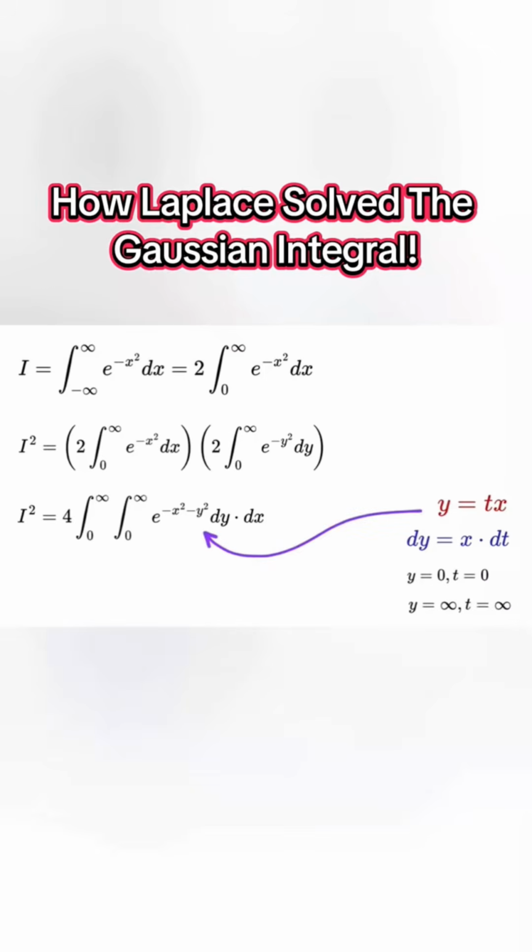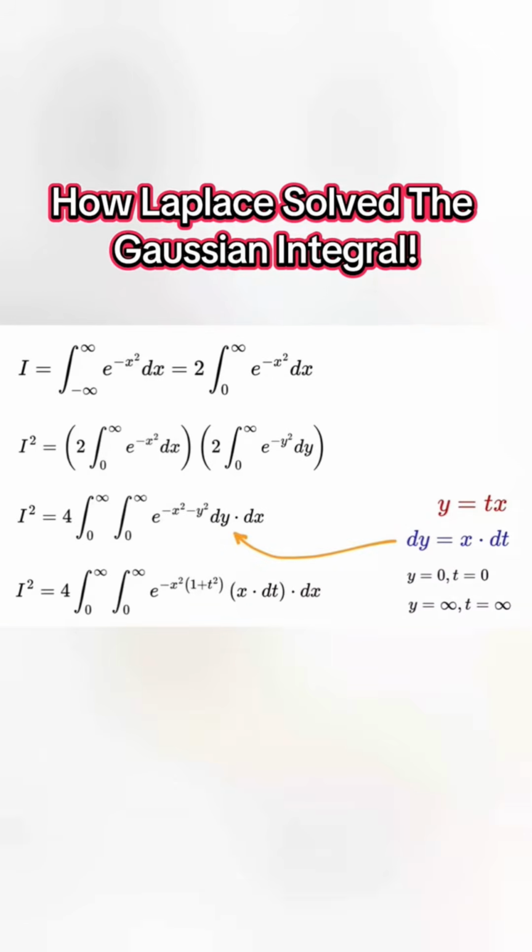Substituting y equals tx into the exponent gives e raised to minus x squared minus t squared multiplied by x squared. Both terms contain x squared, so we can factor it out. This gives minus x squared multiplied by 1 plus t squared. After replacing dy with x multiplied by dt, an x